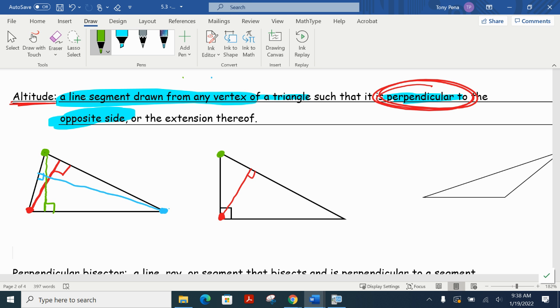And it's so easy that it could be a little bit tricky. Anybody know what I'm alluding to or hinting at here? What do we do when we go to the opposite side so that we get a 90-degree angle? Anybody? Armando? Good. Isn't it this side of the triangle already? So your altitude can actually be the side of the triangle. So to get from this side and be 90 degrees, you're basically just retracing that side of the